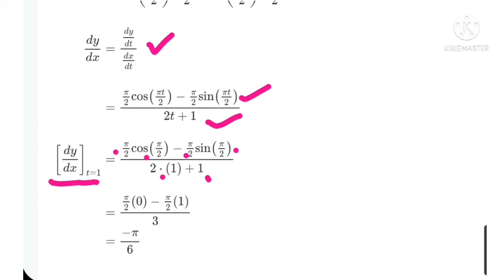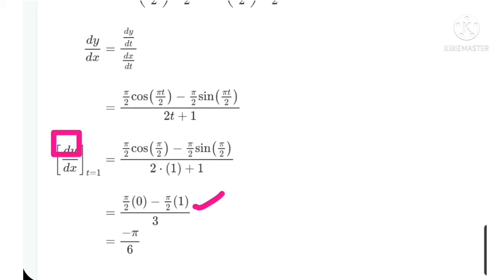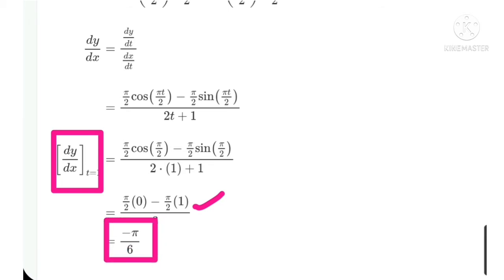What is the value of cos pi by 2? Cos pi by 2 is 0, and sin pi by 2 is 1. Okay, so we get pi by 2 into 0 minus pi by 2 into 1 upon 3. So we get final answer as dy by dx at t is equal to 1 is minus pi by 6. Okay,